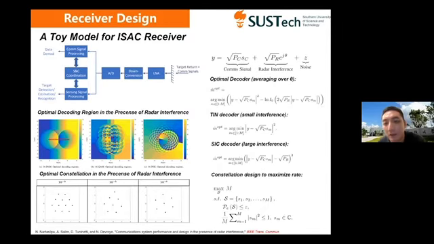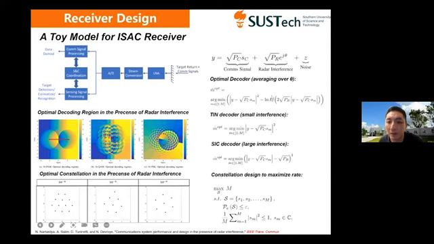So the amplitude can be fixed and known, but theta can be unknown. So the problem is how to design the optimal decoder for the communication signal in the presence of the radar interference. So we can average over all possible theta, and this will yield this optimal decoder,